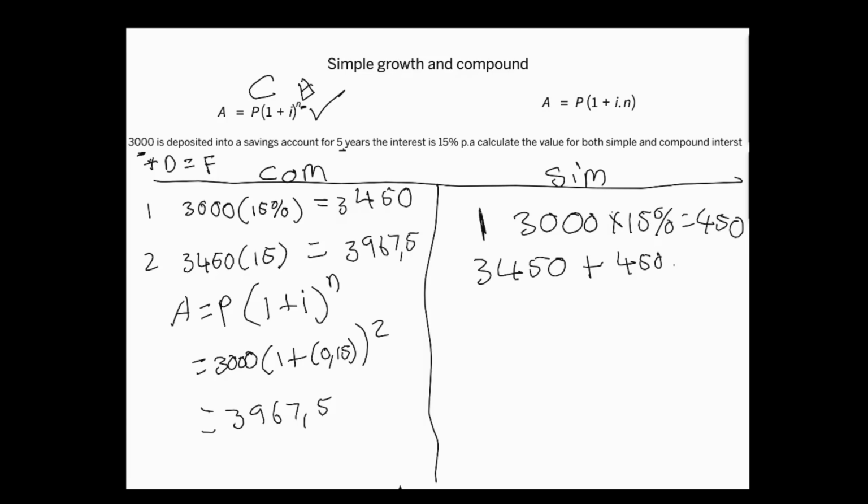In the third year, we're going to add 450, and so forth up until we've added 5 450s because it was invested for 5 years. So if we do that, we say 3,450 plus 450, 1, so that's 2, sorry, 3, 4, 5 450s, we'll get a final answer, right, of